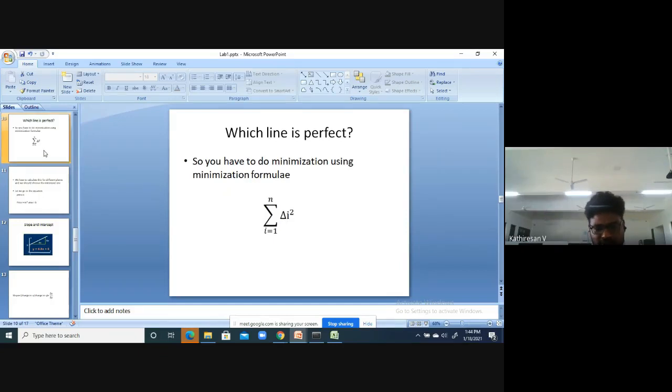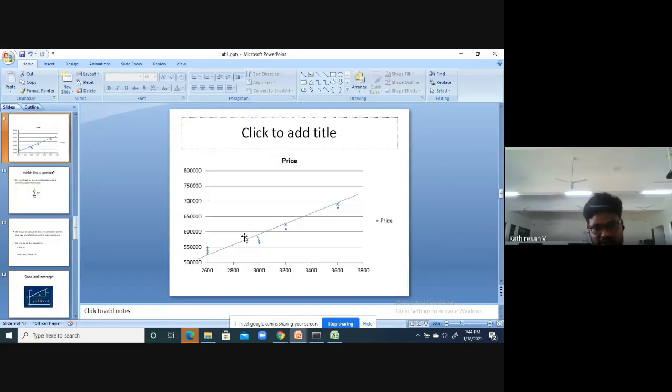This is nothing but, see here, i is 1, 2, 3, 4. If 4 data points are there, i equals 4. Delta i is this gap. So here we are having 4, right?